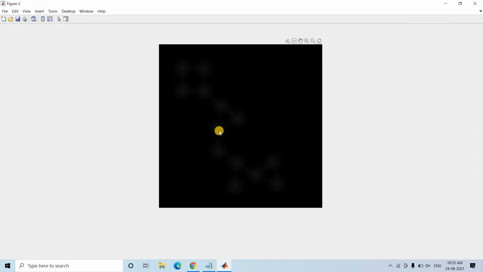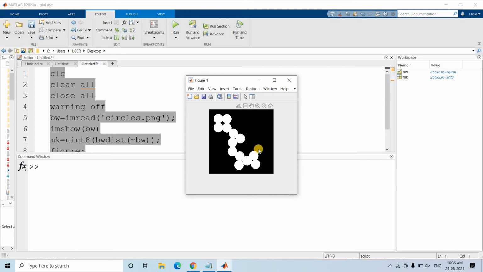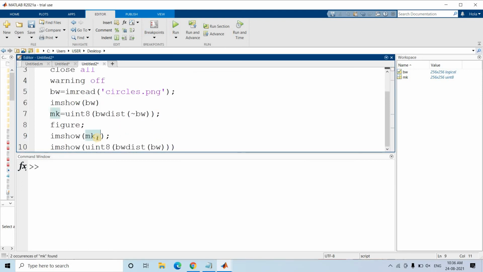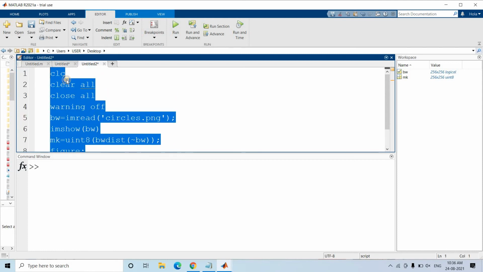If you see very closely, the center part has maximum brightness and the background is completely dark, because in the complement image the background is actually white, right? But that is not properly visible, so I will apply some contrast stretching to this one, as you know, and run this piece of code.